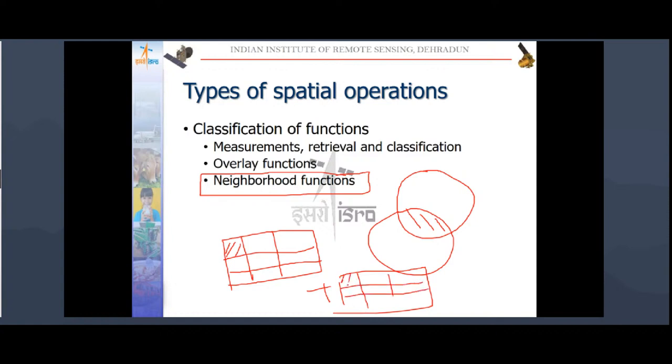So in simple addition of two images, just assume this pixel information. So addition operation at this pixel will not need any other pixel information. Addition operation at this pixel will simply need the pixel value at this pixel and the pixel value of this pixel, and simply it will add. So this is called local operation. But